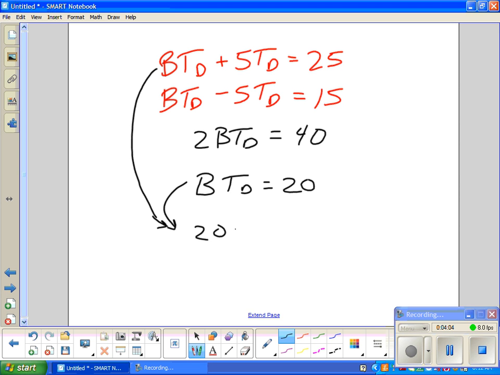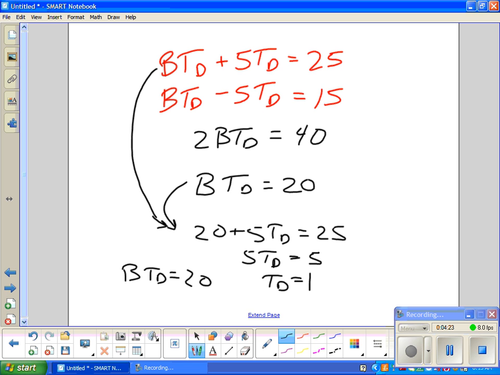And I get 20 plus 5td equals 25. I move 20 to the other side, I get 5td equals 5. td has to be 1. Well, now I can use this along with the product. If td is 1 and b times td is 20, I can replace this with 1. That makes b